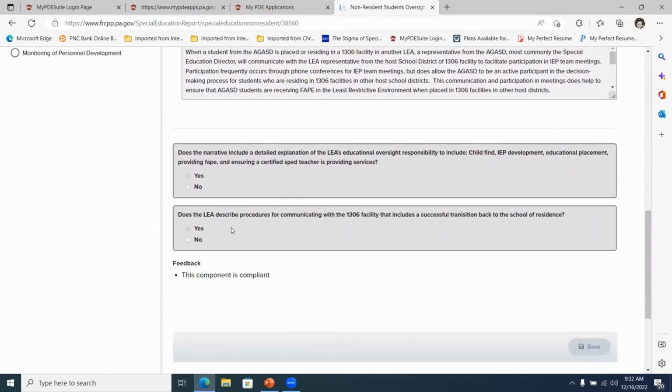So the Special Education Advisor has questions in this particular section that starts to look at compliance, and they're going to answer yes or no. One of the things that we're changing is when the special education plan is a